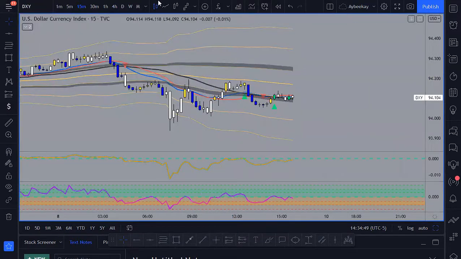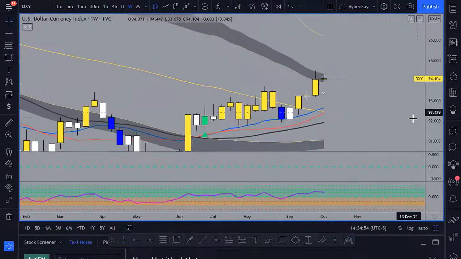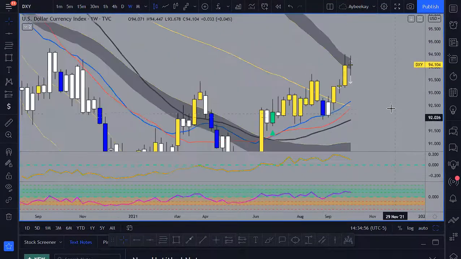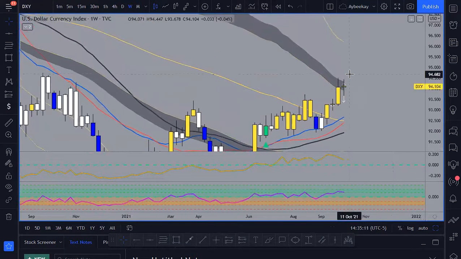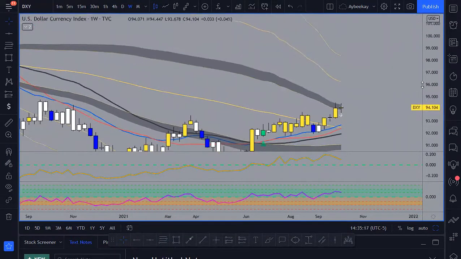The DXY, it's going over to weekly arbitrage. So on weekly arbitrage, it's the second week in a row that it's up here at this upper danger zone, and it's been holding here. And again, we have a doji candle on the weekly time frame. So one of two things can happen here. Either A, price can reject from here and then start to fall a little bit, or B, it's just going to end up going even higher and then coming to the second deviation or even the third deviation, right? Those are things that I'm going to be watching for on the DXY.